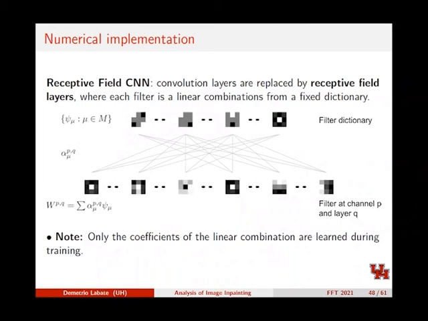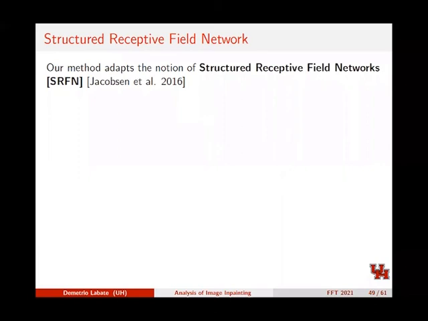So the idea is relatively simple. In a receptive field CNN, I model my filters as a linear combination from a fixed dictionary, right? So the W, which was the filter before, now is a linear combination out of a certain filter basis. And so unlike the standard CNN, in this type of design, I do not learn the filters, but I learn the filter coefficients. Now, this idea, in fact, is adapted from a paper that appeared in 2016, called